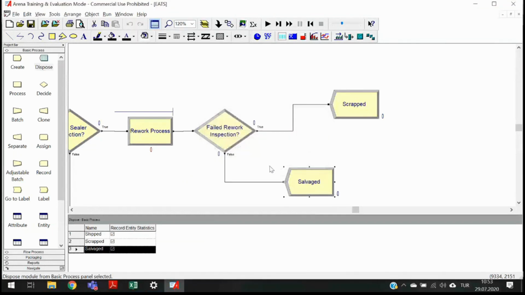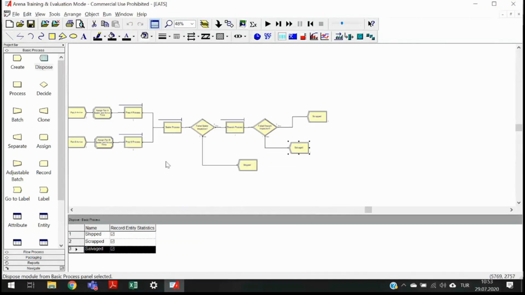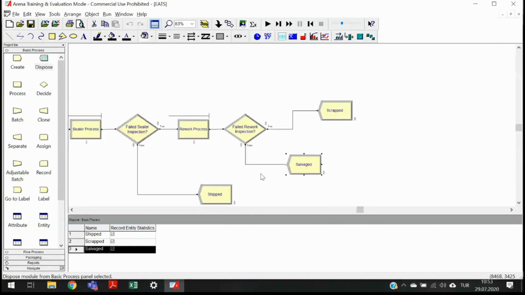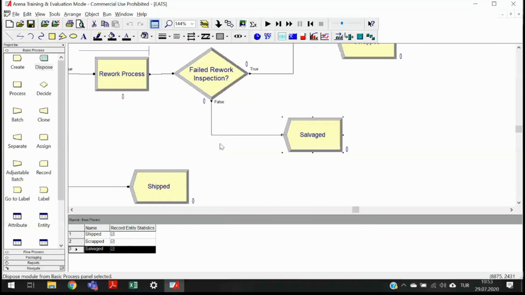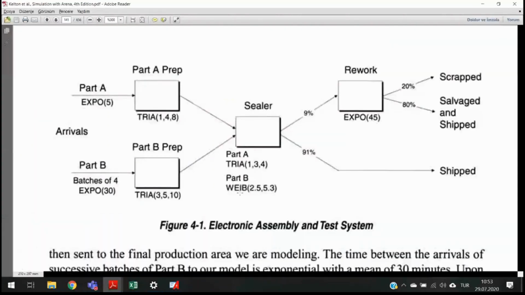Okay, so I have 3 disposals here. So I have created my simulation model here, but one thing is missing. One thing I have forgotten. What is that? Remember now, in the requirements of this question, it is asking, we want to collect statistics